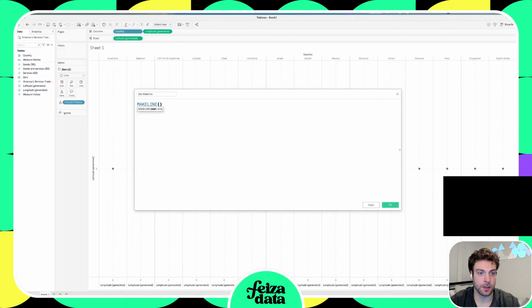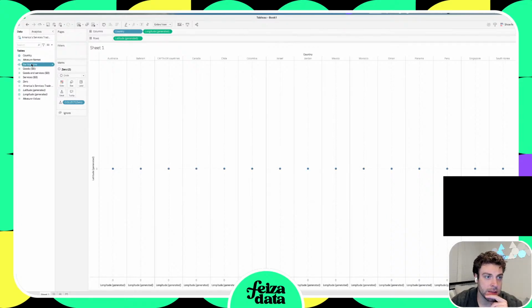And I think what this will look like is, you can see make line takes start and end. I should be able to specify make point 0, 0 as our start. And then our end is still going to be rise over run. So our first variable is going to be, I'll drag goods in for now. And then our x value remains 0. So if I add this to the view,